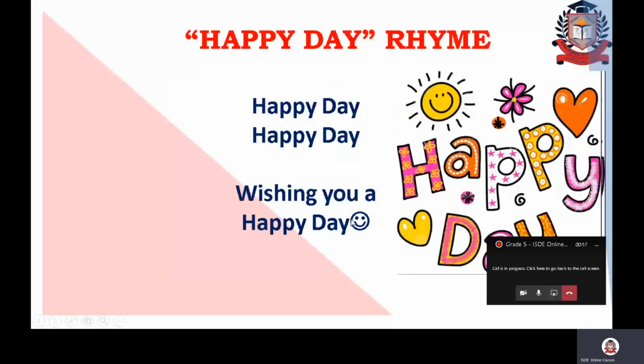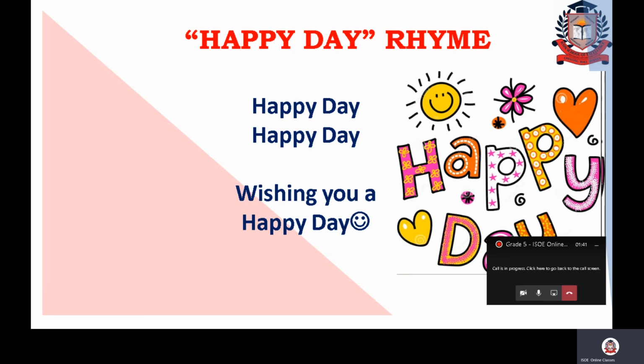Okay, it's an happy day rhyme. Okay, happy day, wishing you a happy day. When we are singing this rhyme, I want you all to be happy, and you should be a smiley face like this, a very big smile. Okay, happy day, wishing you a happy day. Okay, once again we will sing to make you more energized and more you will feel relaxed. Okay, happy day, wishing you a happy day. We want to do it once again, last time. Okay, happy day, wishing you a happy day. Very good. Let's get that by the same energy.